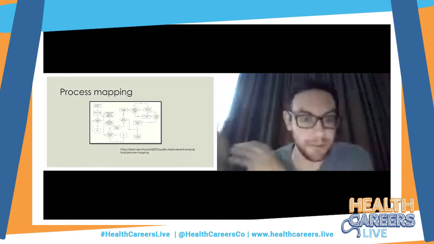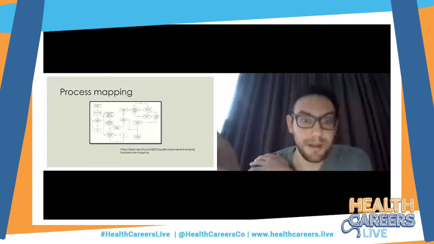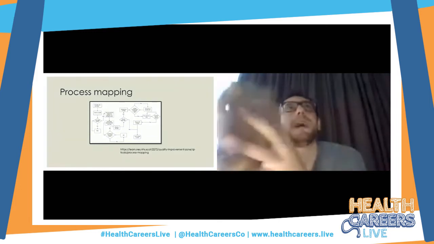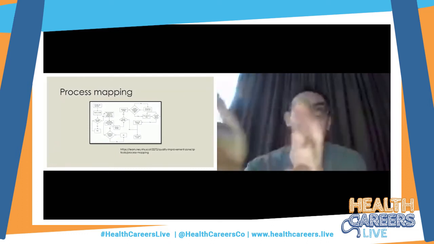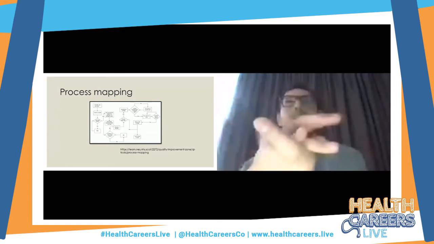So this one is an example about making a tea, and you can see at the various different steps, how does one go about making a tea? And you can then think about, well, what are the processes involved with prescribing an antibiotic? And actually by listing all these processes out,